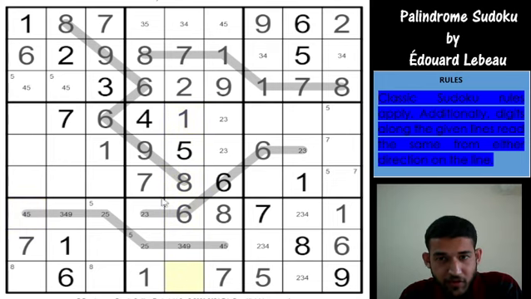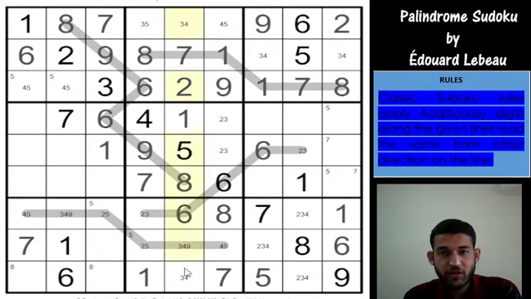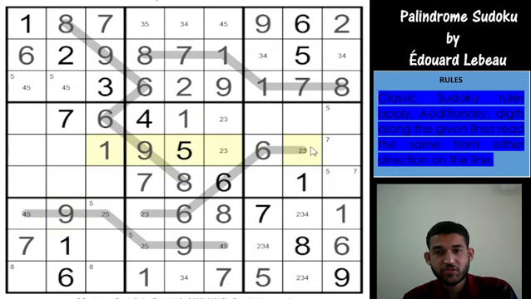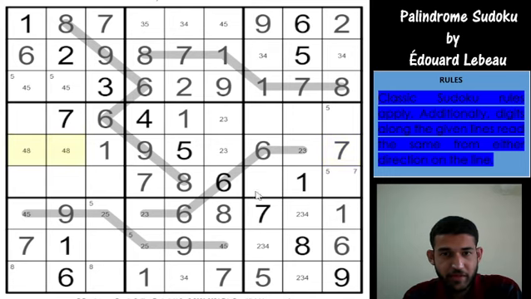And this cell for column 5 has to be 3 or 4. 9 is not there, and now 9 has only one cell left in that column. So this is 9, which means that becomes 9. So let us revisit this row. 2 3 6 1 5 9, and 7 goes here for the row, which means these two cells form a 4 8 pair,